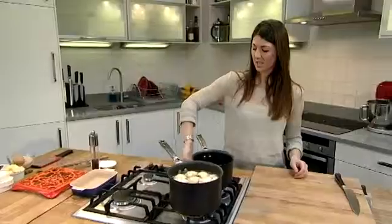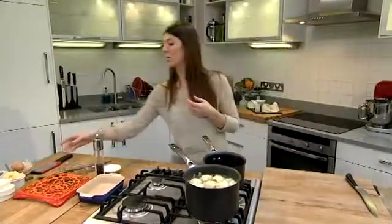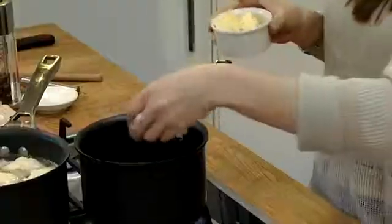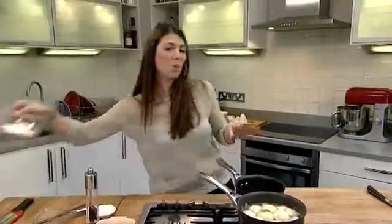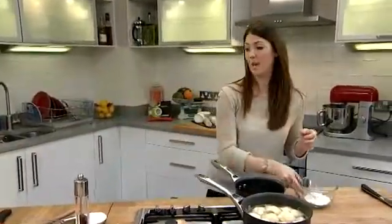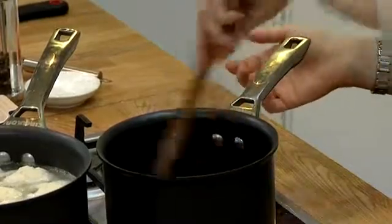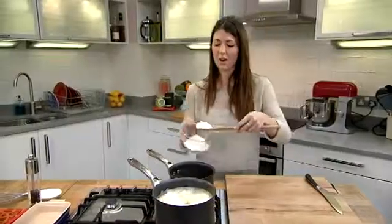So just in a saucepan, put it on a low heat, and we need to make a basic roux, which is flour, butter and milk. So 25 grams of butter into your pan. Now it's really important that this butter melts before we add in our flour. So I've used 25 grams of butter here, so I'll again use 25 grams of flour. Okay, so now the butter's starting to bubble, you can put in our flour